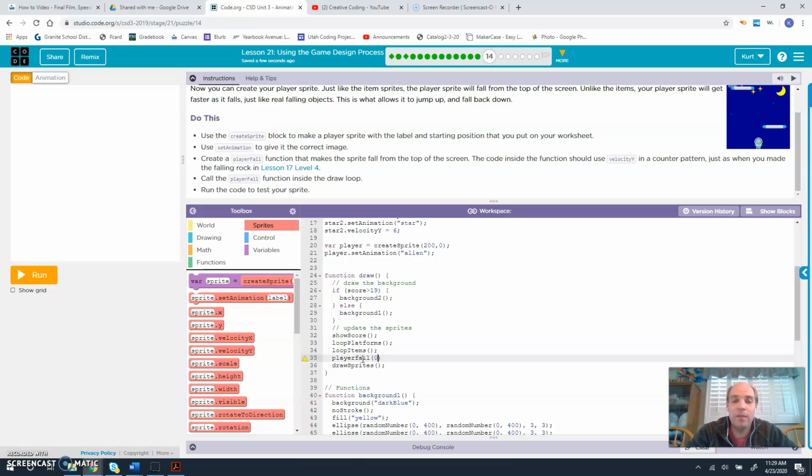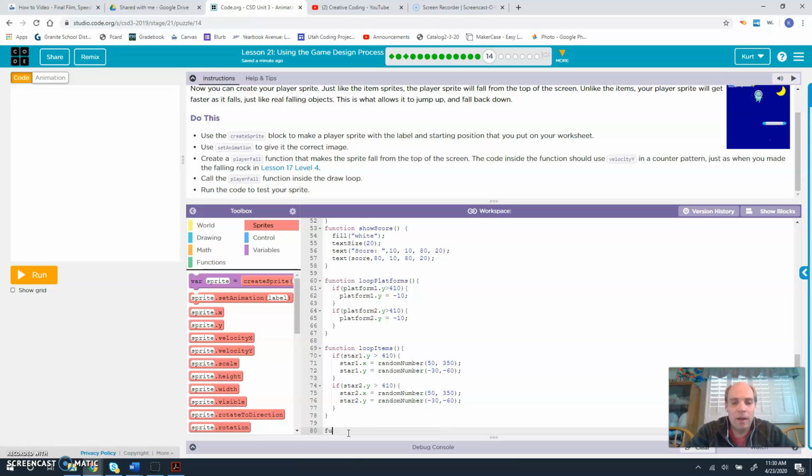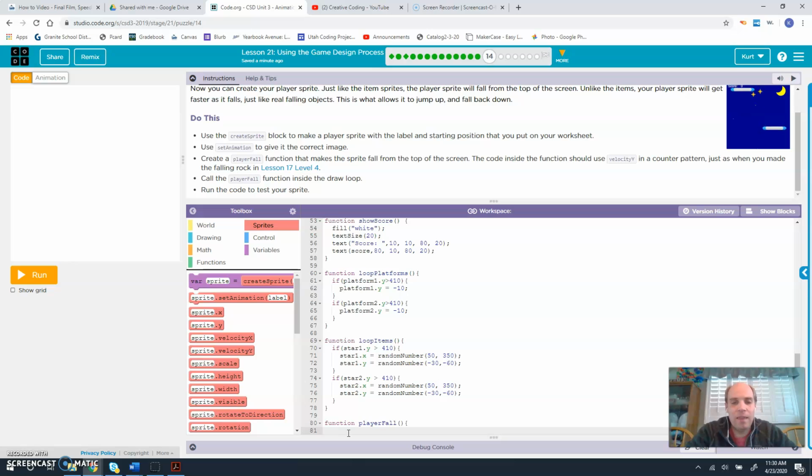So we're going to make a player fall function, not with 0 there, and we'll make a capital F. And then down here, we're going to do function playerFall. And then we are going to set the velocity of our player. So we're going to say player.velocityY equals player.velocityY plus